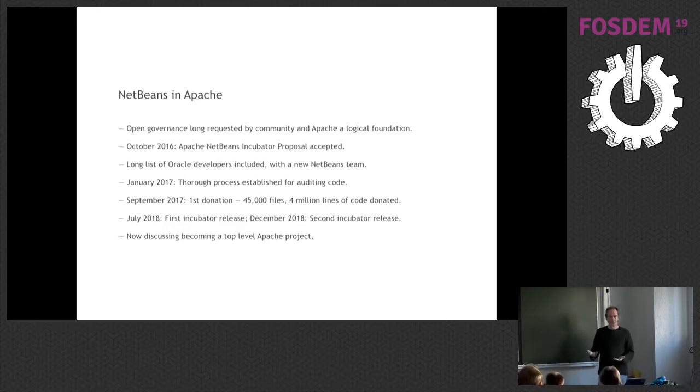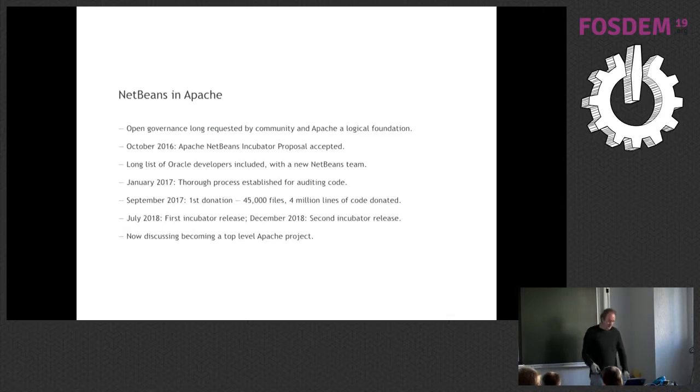We've done two releases in the incubator, so Apache NetBeans 9 and 10, and we have Apache NetBeans 11 coming up in March. We want to do more frequent releases, and we've more or less said we want to commit to two releases per year and two optional releases in between. So there could be a minor release in between. And since we've decided to do two releases, it makes sense to align with something. So our next release is in March, which happens to be the release of the next JDK, JDK 12, and in September, which happens to be the release of JDK 13. So we'll be in line with those different JDKs.